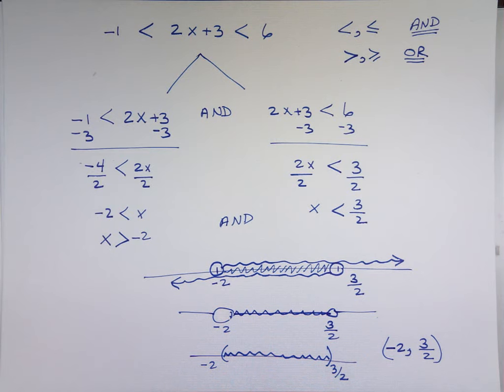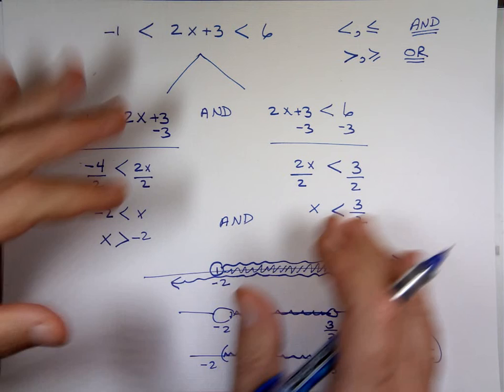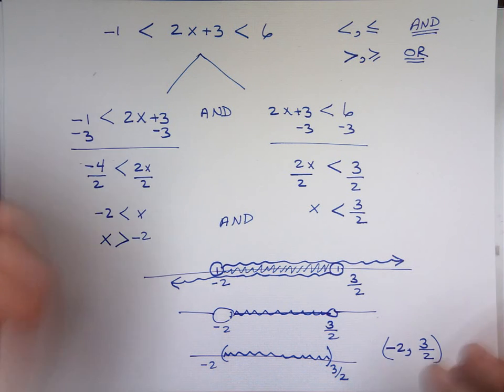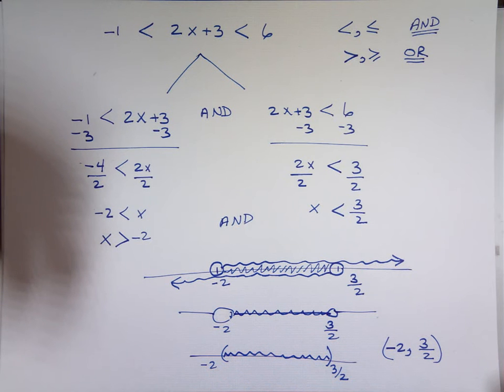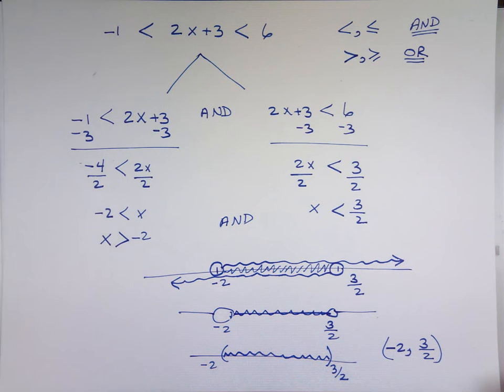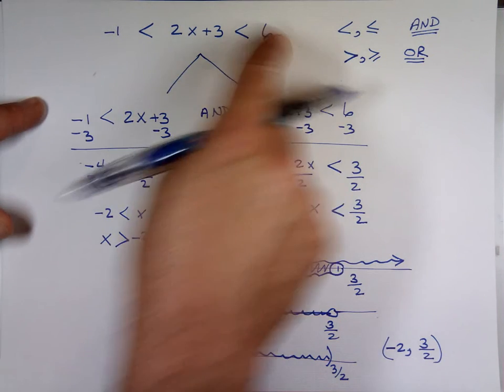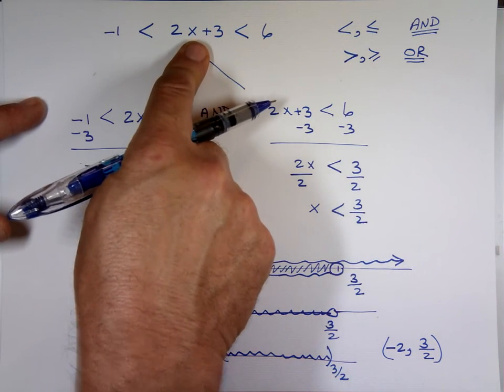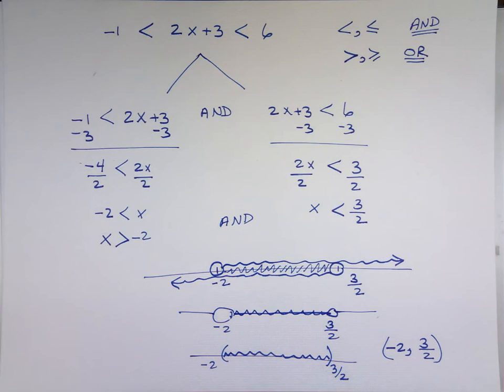A lot of people, when they see a compound statement like this, they don't want to break it down like this. They go, that's double the work. Can I do it in one step? The answer is yes. As long as you don't have x's on here and there. If it's just right here, you're good. But if you have x's on both sides, then you have to break it down. But for this,